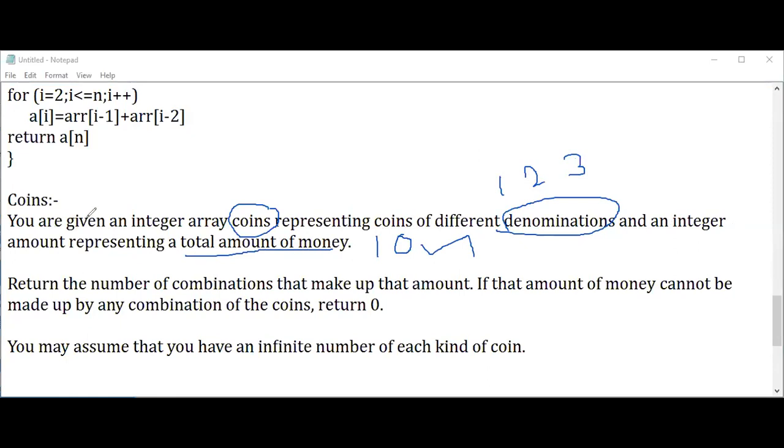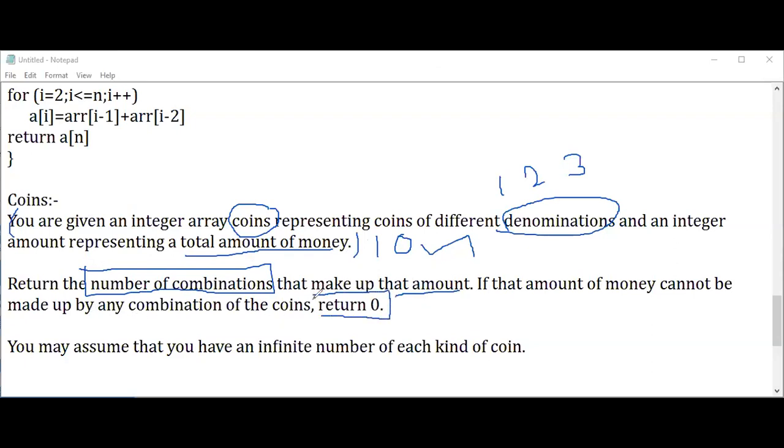You are given different denominations of coins and the total amount is given. So what is required is to return the number of combinations that make up the total amount. We are supposed to give the total number of combinations. If the amount cannot be made by any combination, then return 0.